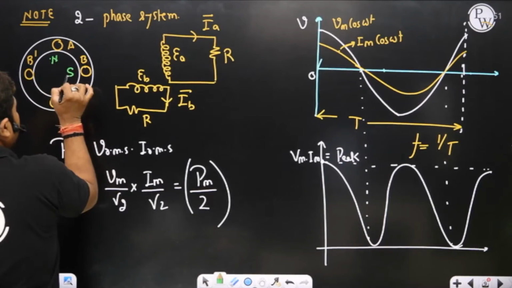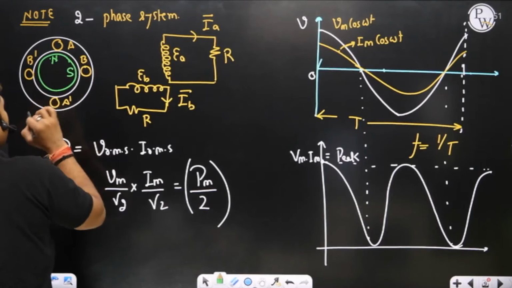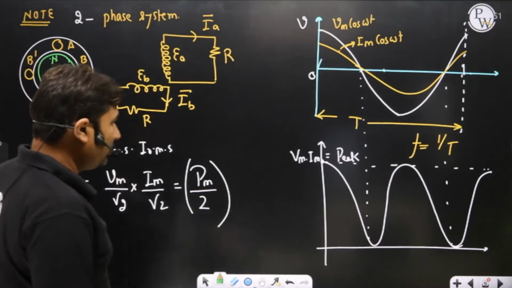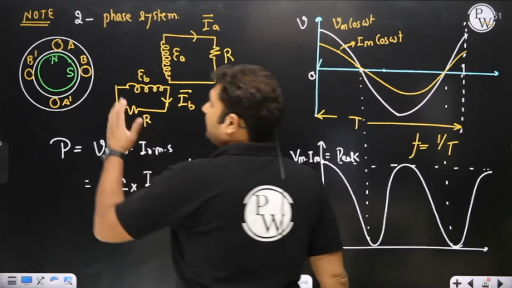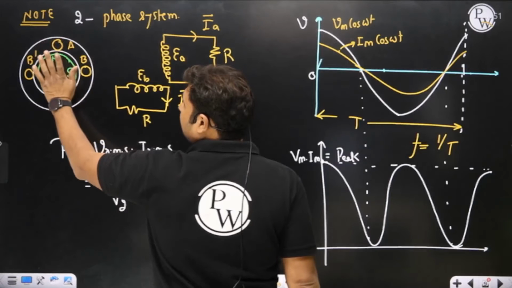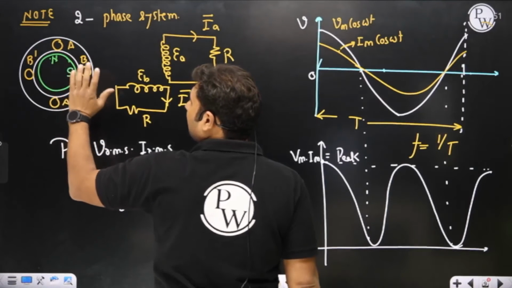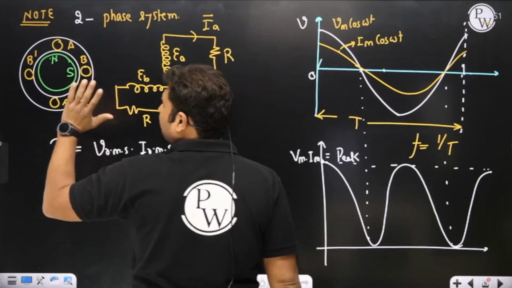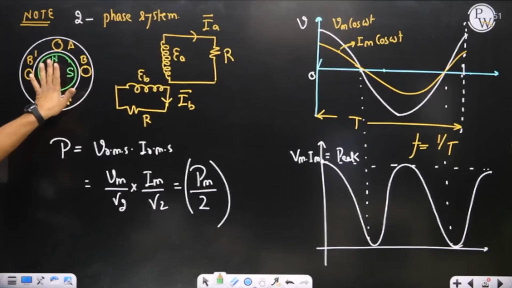Then this will be a two-pole rotor. Is it okay? Yes, sir. If we have a four-pole rotor, you can represent the four-pole rotor accordingly. Now please observe here. After 45 degree, what happened, sir? A comes to the magnetic neutral axis. However, at the same time, B comes to the maximum north. Can I say this? Sir, after 90 degree of rotation,